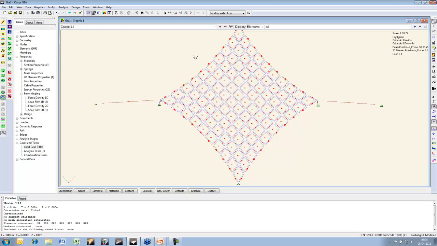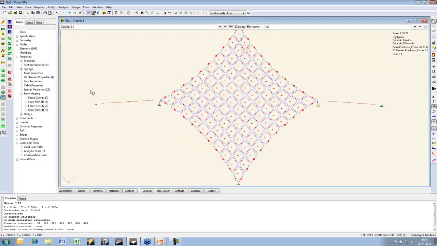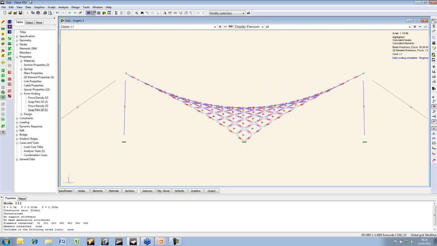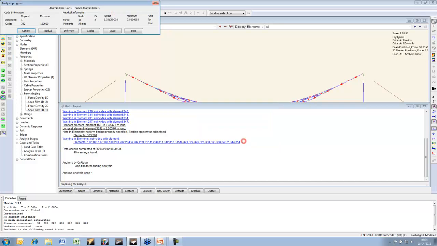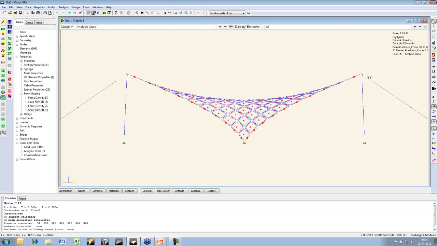As well. And I am going to say that the soap film pre-stress is now going to be in the X direction twice. And I'm going to rerun that form finding, so let me just adjust the view so we can see, and rerun that. You can see the end result is the posts are over further and the fabric ups up a bit higher. I'm happy with that, so let's